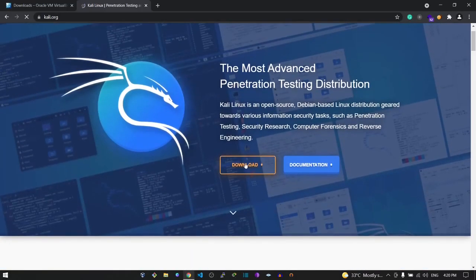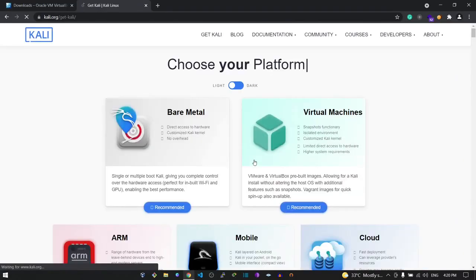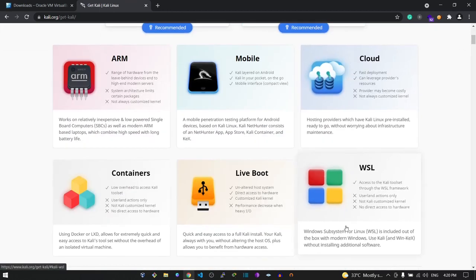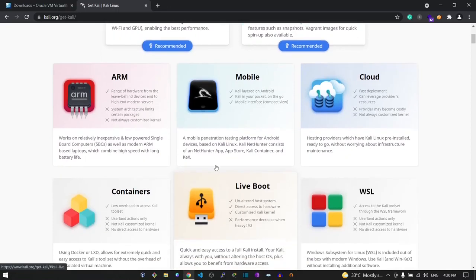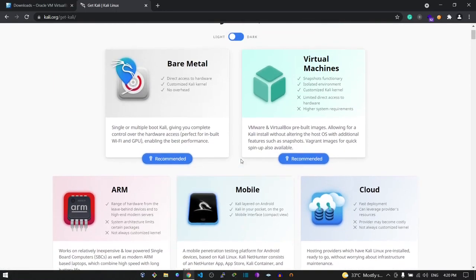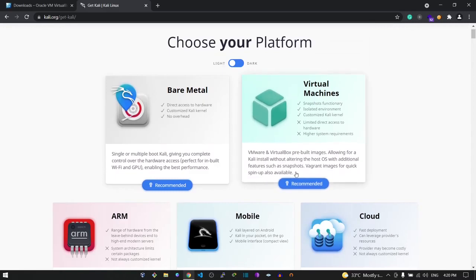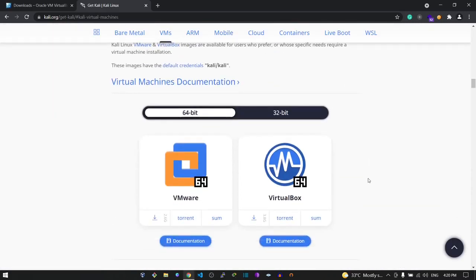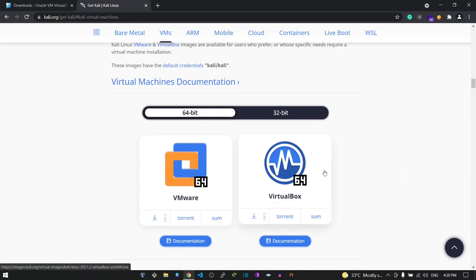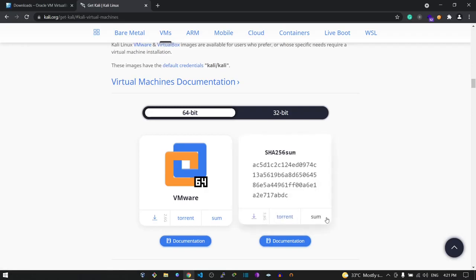Now there are several ways to set up Kali Linux on our computer, including WSL, Docker and cloud-based. But for fast and quick setup, we're gonna be using virtual machine image, which are basically OVA file, which stand for Open Virtual Application File. These are special files specially designed to run in a virtual environment. This could be of either an application or of an operating system, right? So you can download the virtual machine image from here. So you can download it from your browser or via torrent and verify the checksum for the data integrity, right?